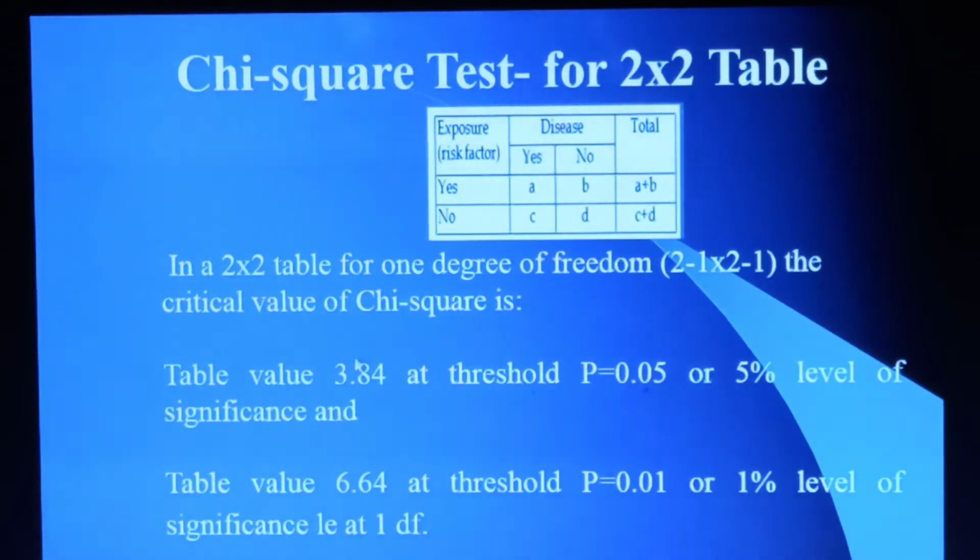Similarly, chi-square also runs on degrees of freedom. So for 5% level of significance, the chi-square threshold value is 3.84, and at 1% level, the threshold value is 6.64. So the procedure for testing hypothesis is similar. The calculated value, like we got 12.35, is more than this value. Obviously it is more, so we reject the null hypothesis of equality of proportions, prevalences, or